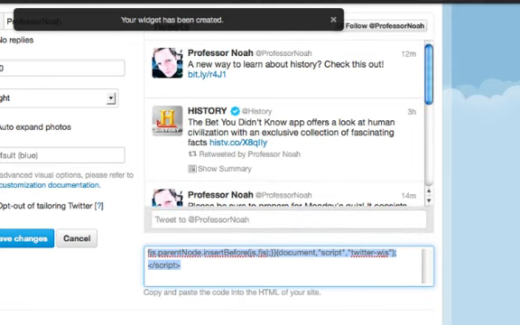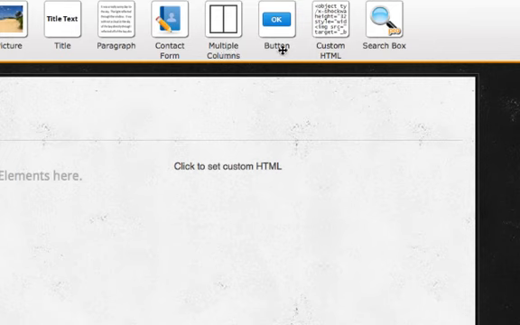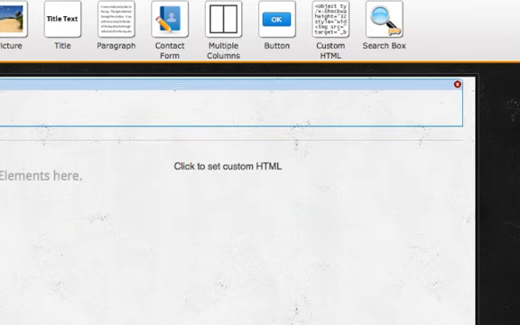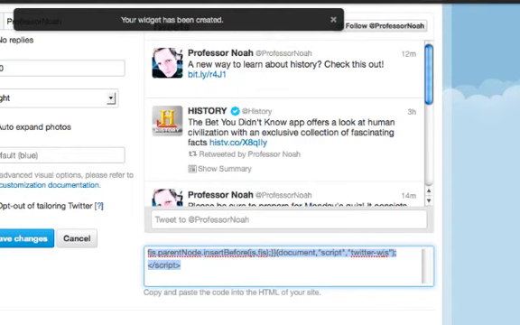If we go back to my Weebly site, I dragged the custom HTML in here. This allows me to embed this widget. And right here is the HTML code. And it says here, copy and paste the code into the HTML of your site. So I'm going to copy this,